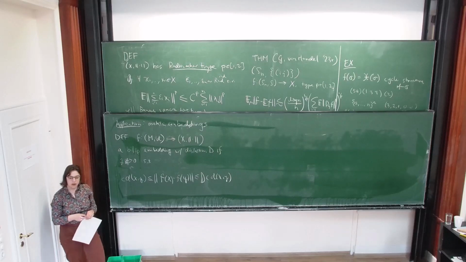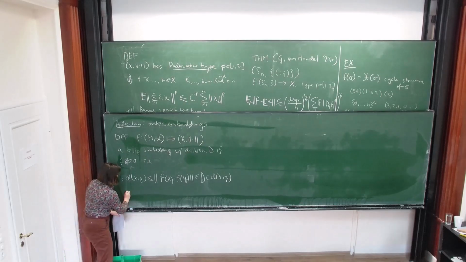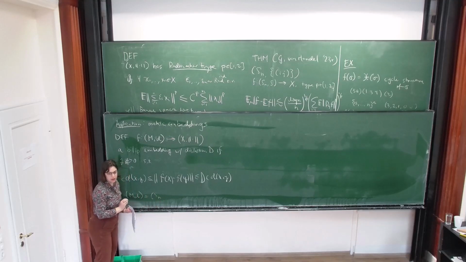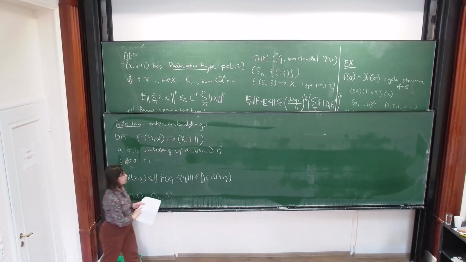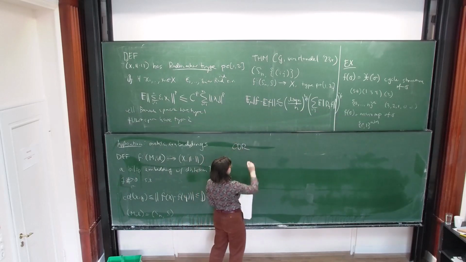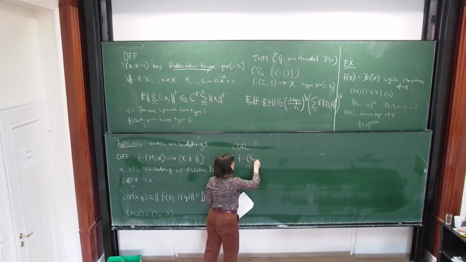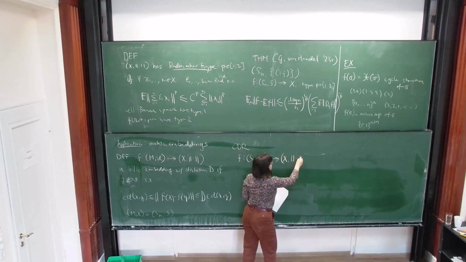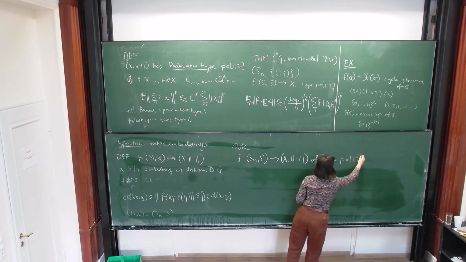But this has so far nothing to do with the symmetric group. So in our case, we'll take M_D to be S_n. So the corollary of this theorem that is still up there is that for any f going from the symmetric group, where S is the set of all transpositions, to a Banach space X of type p between 1 and 2,